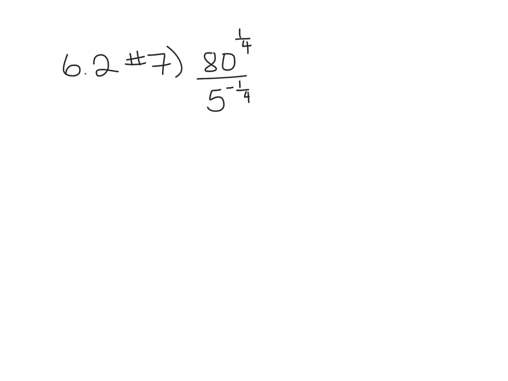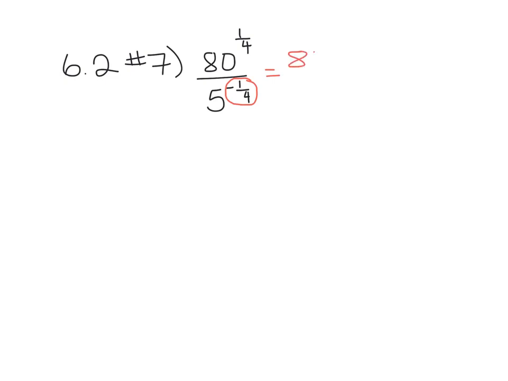On the 6.2 assignment, number 7 is 80 to the 1/4 divided by 5 to the negative 1/4. Unfortunately, we cannot divide the 80 and the 5 since the exponents aren't the exact same. What you'd want to consider on this one is that 5 has a negative exponent. And what that means is we can move the whole base up to the numerator to make the negative exponent